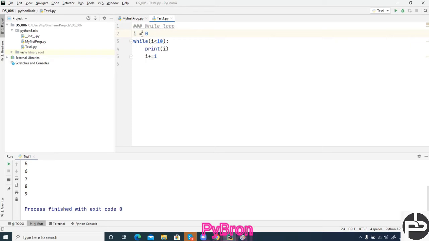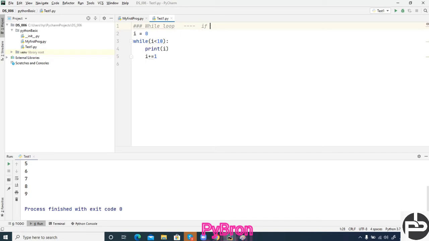Similar kind of thing, I'll tell you one more example. In the case of an ATM card, right? If you give the wrong password 3 times, your ATM is going to be blocked for 24 hours. Is it like this? So in that, the developer knows how many times they have to execute the code or loop. Then you should go with the for loop. But if you are going to give complete control to the users, then you have to go with the while loop.